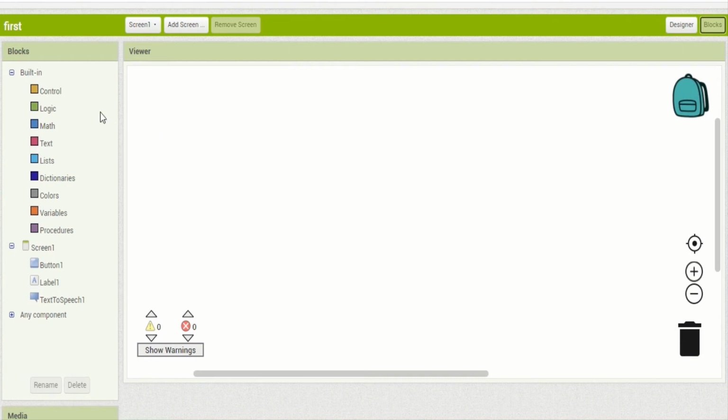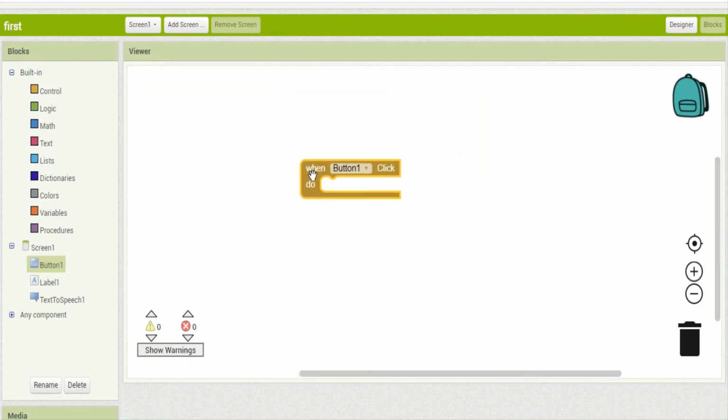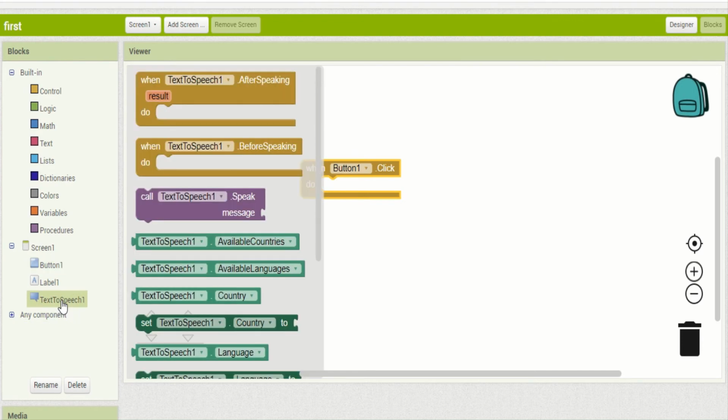First of all, I want that when I click on this button, it should call the text to speech module. So this is my logic when I click on the button. Drag this block here. So the coding for this has been done. When I click on this button, now it should call text to speech.